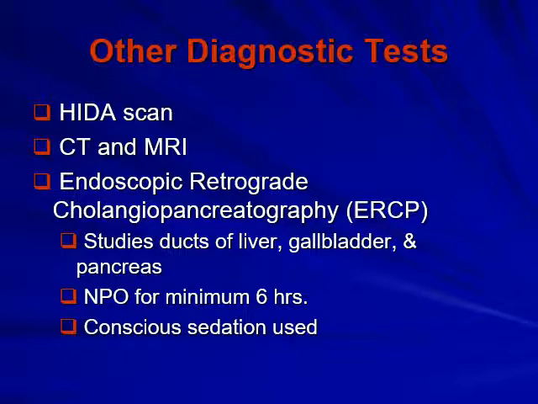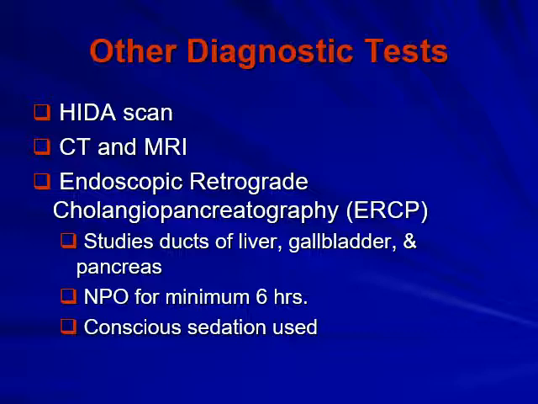Other diagnostic tests: the HIDA scan is one that you've probably heard more commonly, and this is the same as a gallbladder scan. A radioactive chemical is injected IV, and this test chemical is removed from the blood by the liver and secreted into the bile, which of course is produced by the liver. So this test chemical basically goes where bile goes. If they put a test chemical in, they can see exactly how the bile is traveling, if there are any obstructions. It takes about 2 hours for this to travel through the biliary system,